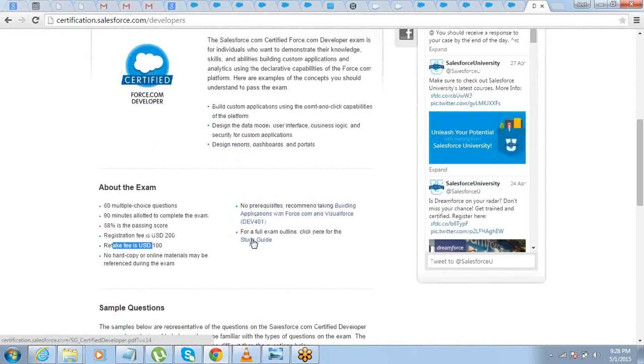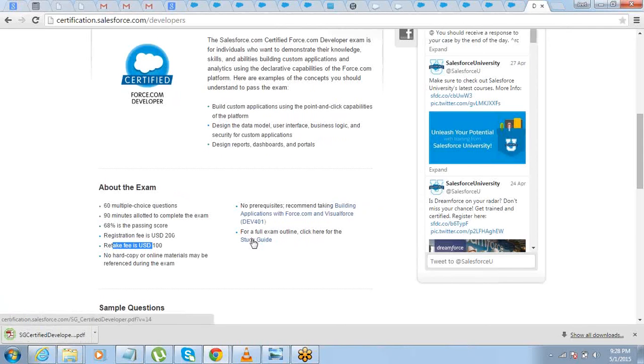And you also have a study guide here. For every exam you have a study guide. The study guide allows you to look into the complete syllabus of your exam: what questions will be asked from where.